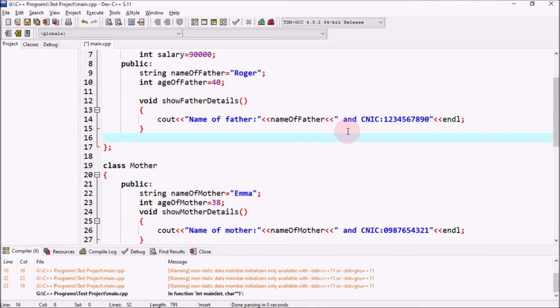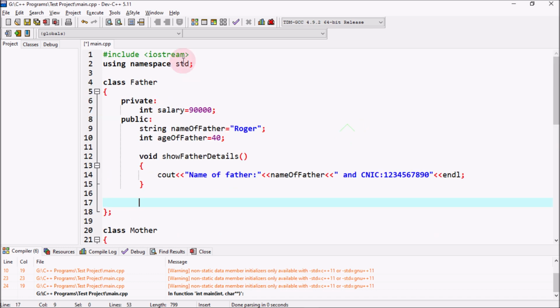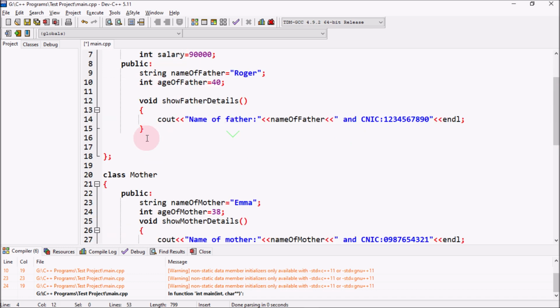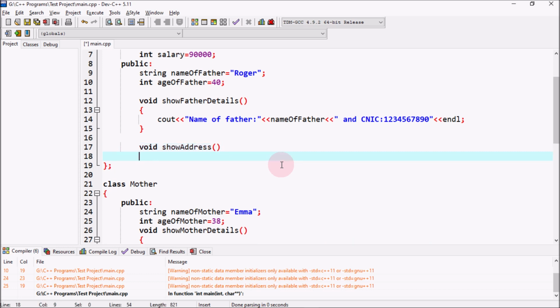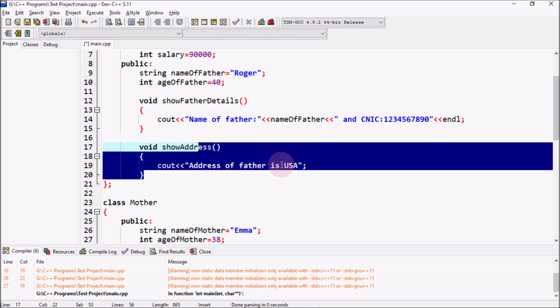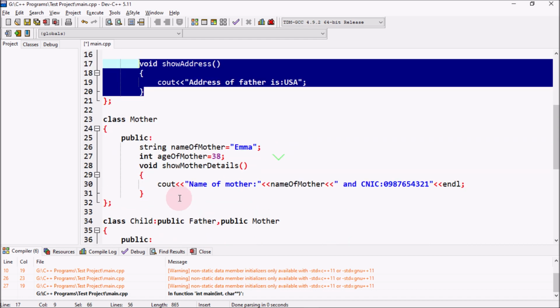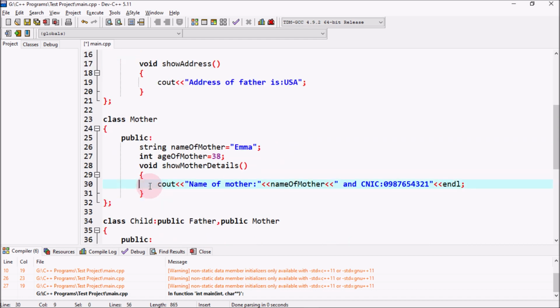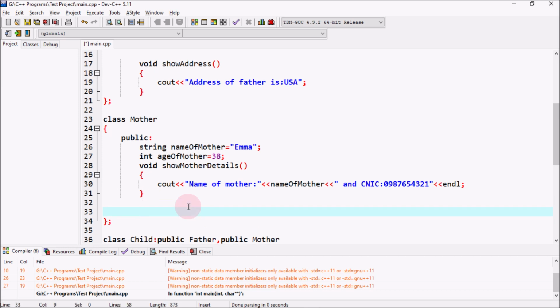Now let's talk about another scenario. Go into your father class, and here I try to have something like void show address, and here I will be saying, address of father is USA. And what if I go into our mother class, and inside the mother class I try